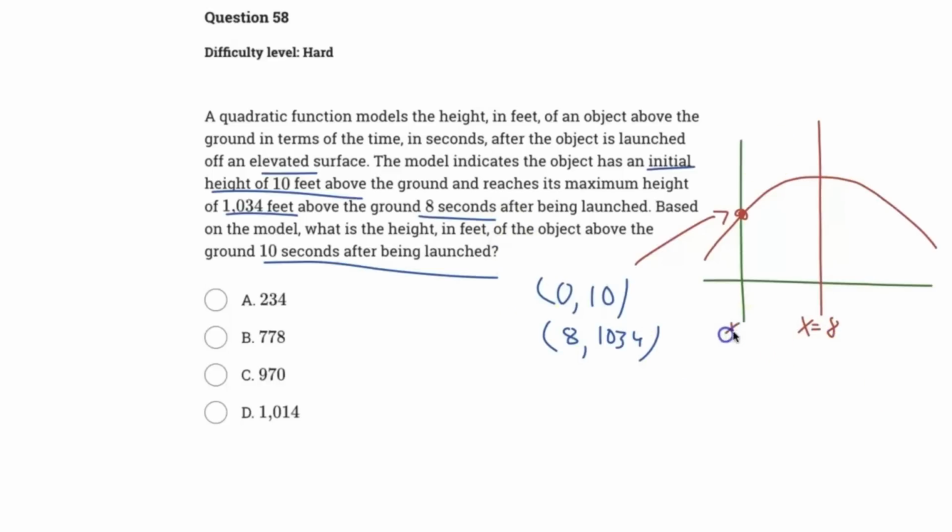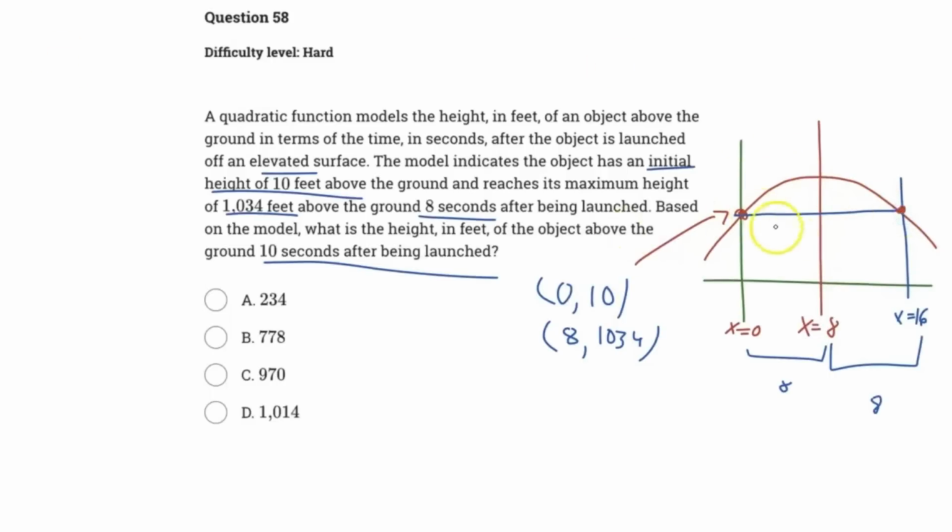So if this is x equals 0, and then this is x equals 8, then this value over here, when it returns back to the starting value, that has to be x equals 16, right? Because this is a change of 8, and this is also a change of 8. Each side of the axis of symmetry is equal. Therefore, to find our other coordinate point is actually pretty simple because we know that this value, when it returns,